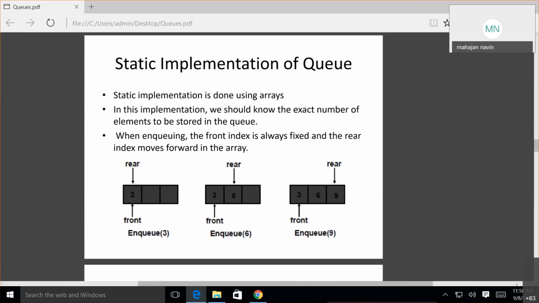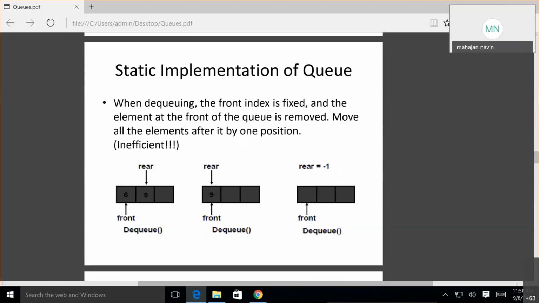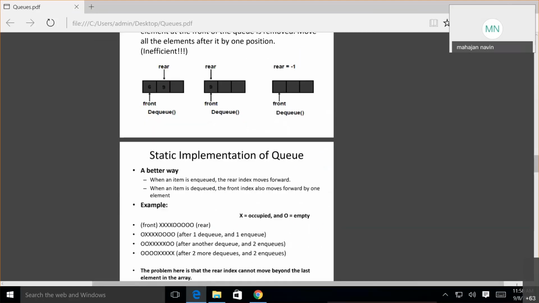As soon as you insert the first element, suppose you define the array size as just 3, both front and rear will point to the 0th element. And as you keep on inserting elements, the array will keep on changing. When dequeuing, you keep on removing the elements, and it will become -1.